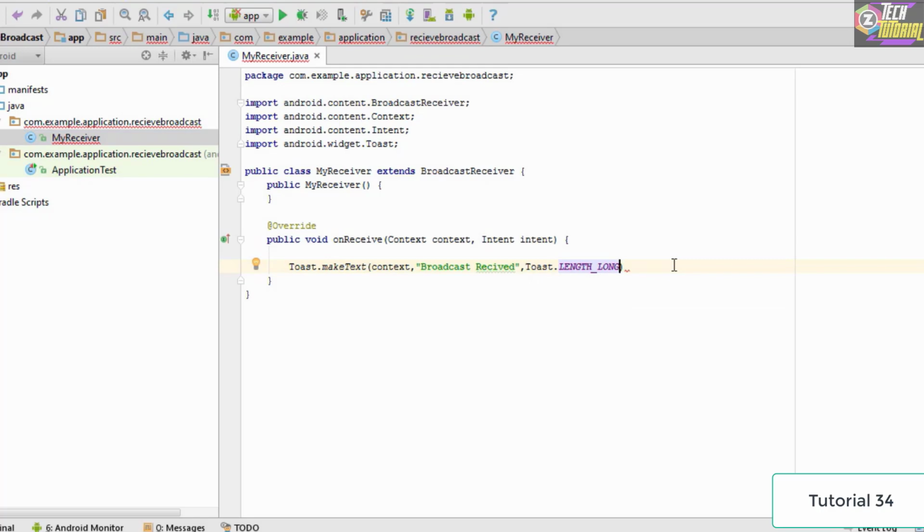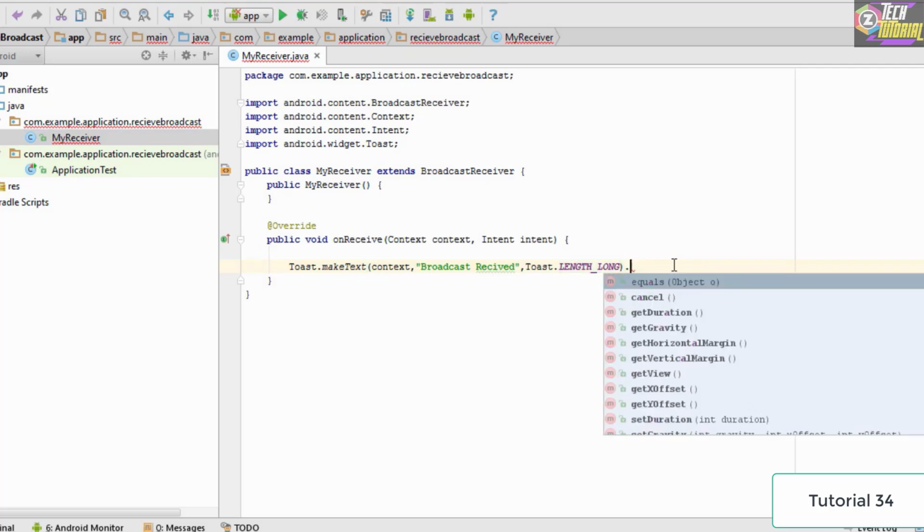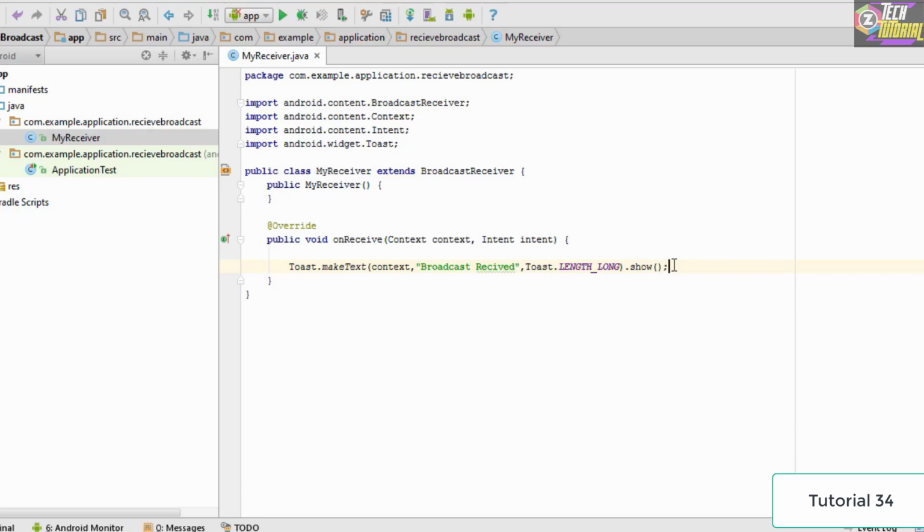Length long is going to display it a bit longer as compared to the normal one, so make sure that you use length long. Then finally we need to use the show method in order to show the broadcast, so we type dot show. Once this is done we are pretty much done with creating the method in order to pass in the broadcast.